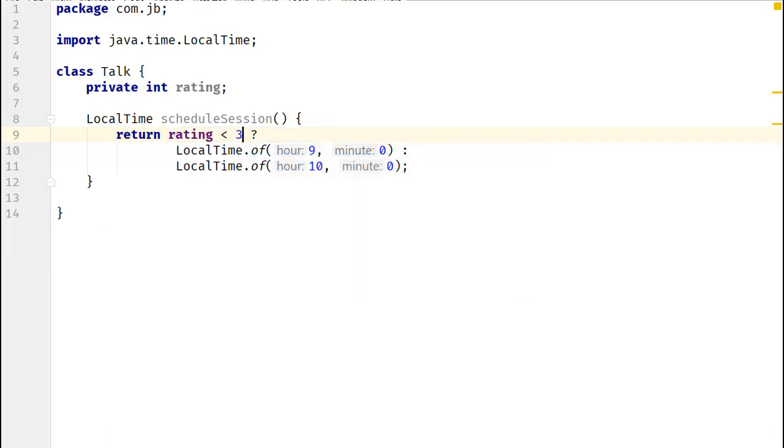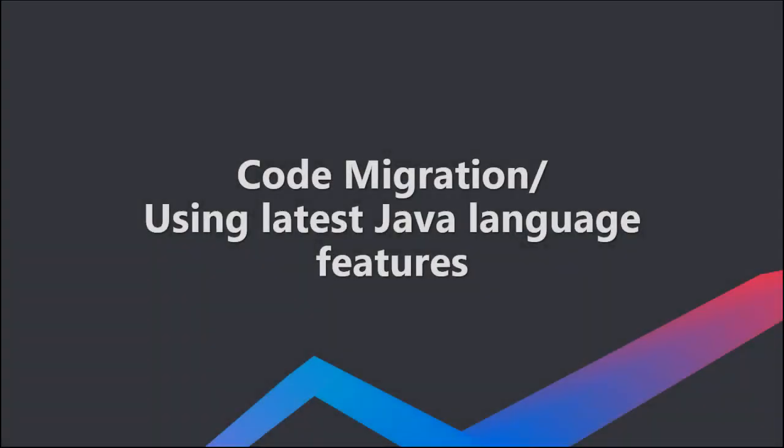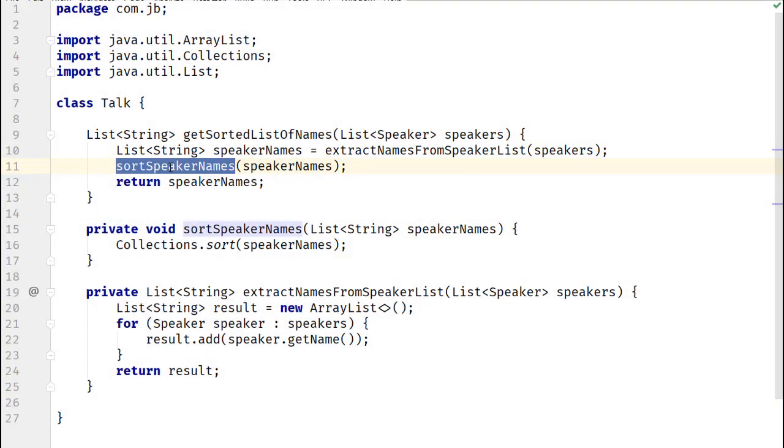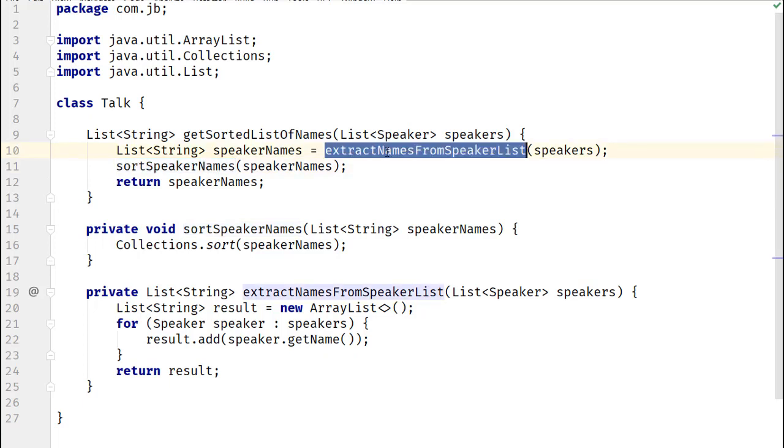However, you don't have to inline every method that defines just one line of code. The decision should depend on whether it is helping you to understand the flow in your method. When migrating your code to a later Java version, you may want to inline a couple of methods so that you can modify them together. In this example, let's inline these two methods and then see how we could further refactor this code.